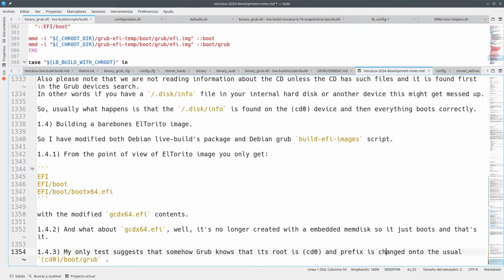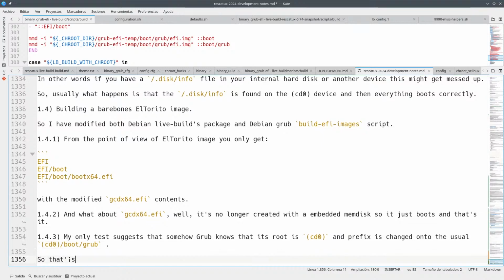And it's just onto the usual this thing. My only test, so that's very great